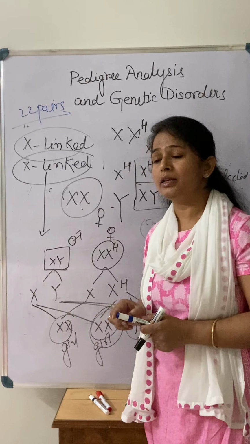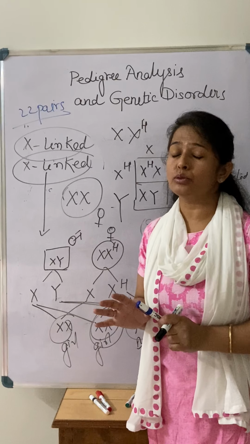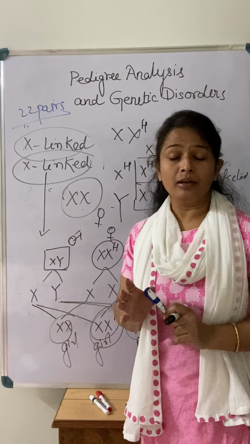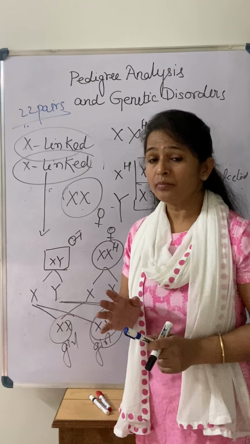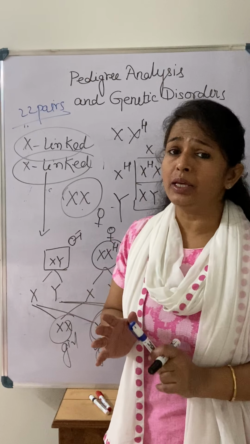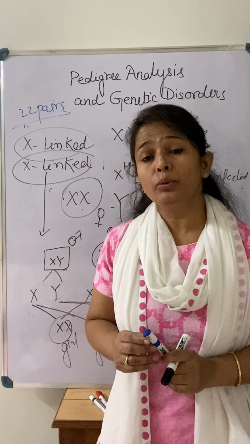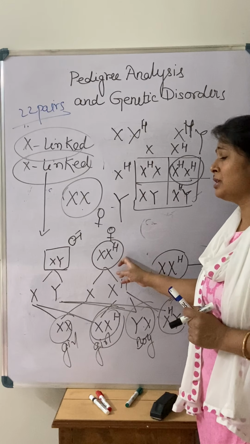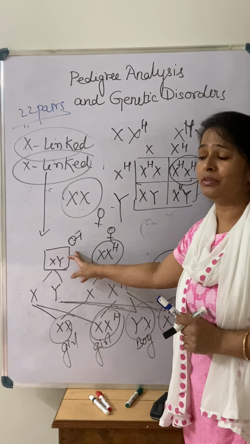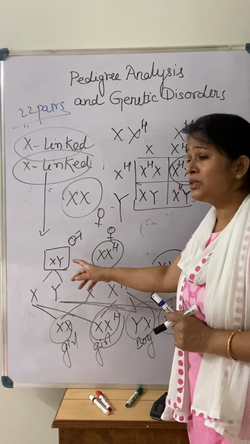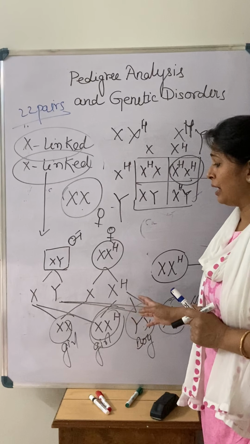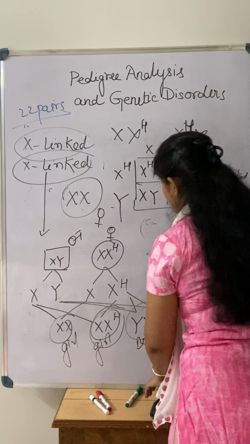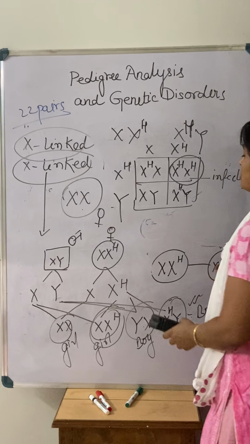What is the meaning of color blindness? If we talk about color blindness, it means the persons who are infected with that disease are unable to differentiate between the red and green color. It doesn't mean that they are blind. No, they cannot differentiate between the two colors. So that we call color blindness. Again, for this, if the father is healthy and the mother is a carrier of that disease, in that case that disease will pass from mother to the son. So that is the example of an X-linked recessive disease.